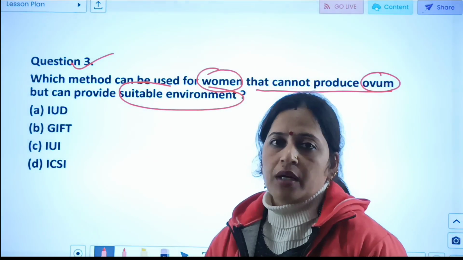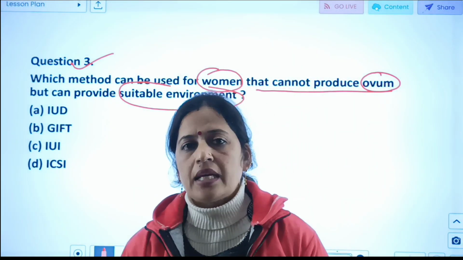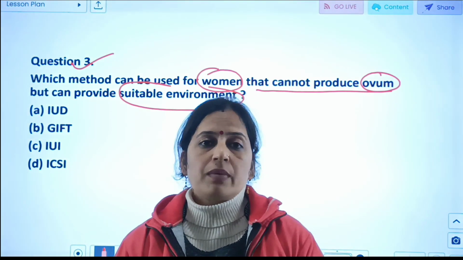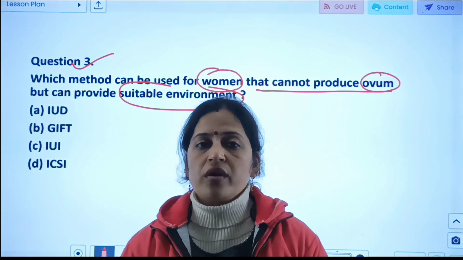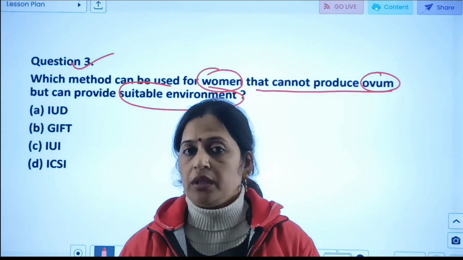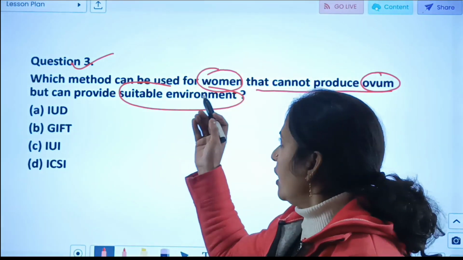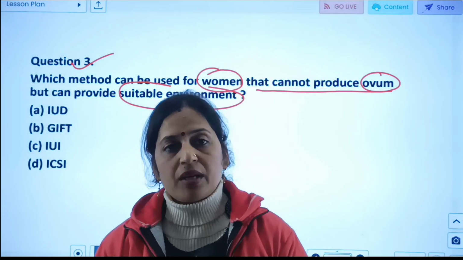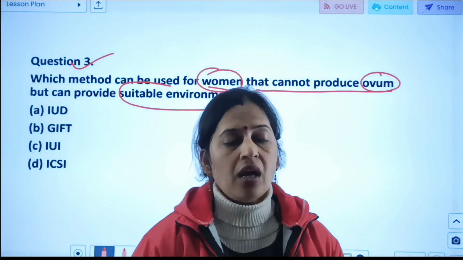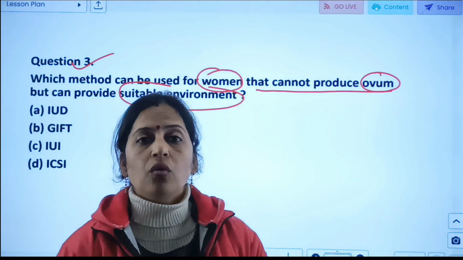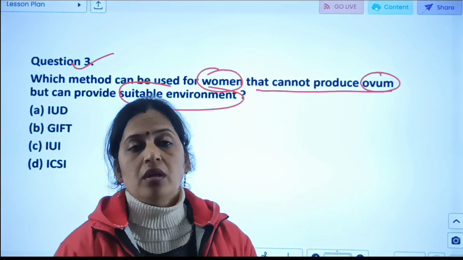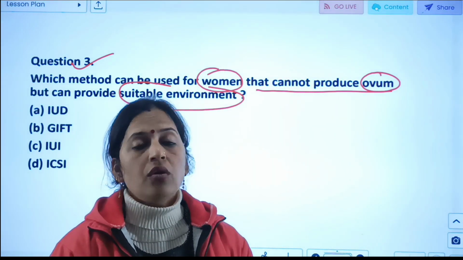इससे पहले जो हमने क्वेश्चन पढ़ा उसमें ये था कि कौन सी ऐसी फीमेल्स हैं जिसमें स्पेशली जो गैमीट इंट्राफेलोपियन ट्रांसफर की टेक्निक है वो एप्लीकेबल होती है। अब नेक्स्ट क्वेश्चन जो हमारा आ रहा है वो ये है कि कौन सा ऐसा मेथड है जो यूज किया जाता है स्पेशली उन फीमेल्स या उन वुमेन्स के लिए जो ओवम तो प्रोड्यूस नहीं कर पाती हैं, those women who cannot produce the ovum but